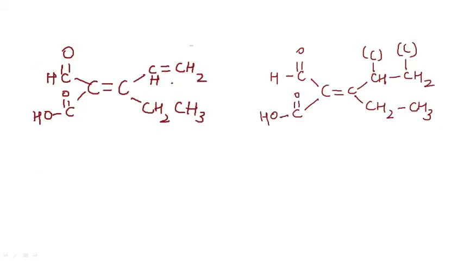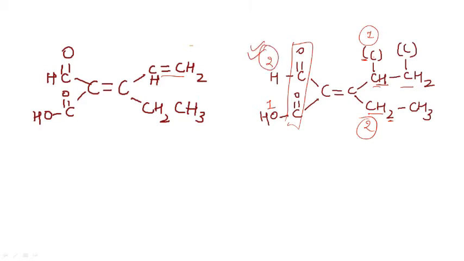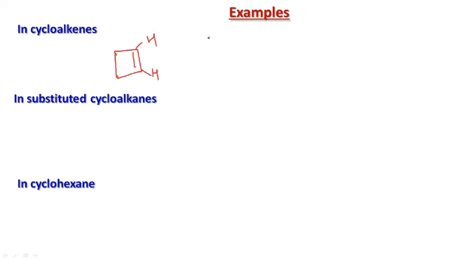I am having another example where C double bond C is there, so it can be written as this C. So here we can decide the priority, CH, another H, another C. So C will have more priority as compared to this hydrogen. This will give a number 1, this will give a number 2. Here in this case these 2 groups are same, this is given priority number 1, this is given priority number 2. So same priority groups are on opposite sides, therefore this molecule is designated as E. E means opposite.